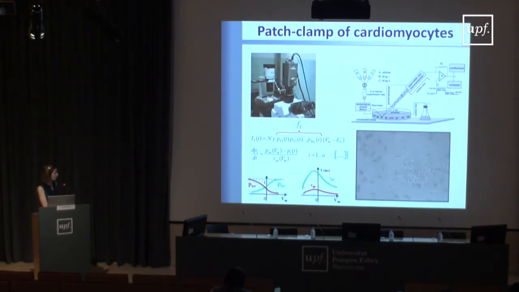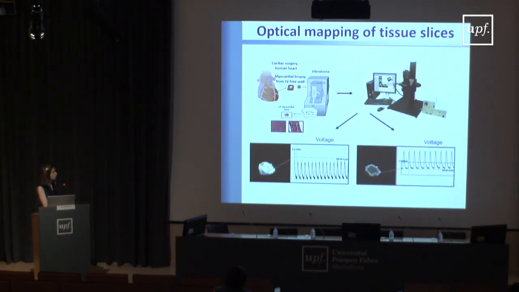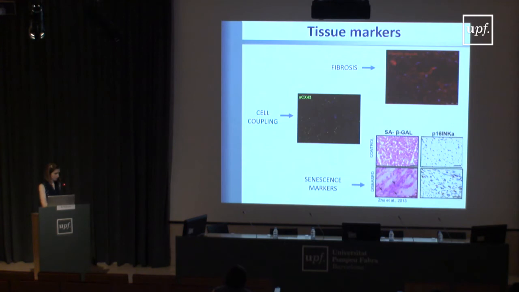Well, here's an example of how the patch clamp technique can be used on these myocytes isolated from the tissues to characterize the currents and eventually also to characterize the action potential. And in the tissues, what we do is to cut the biopsy into these fine myocardial slices, which we can see here, and we simultaneously measure voltage here and calcium, which is not shown here. And these are 2 very small tissue slices that we get from the patients, from the biopsies, and how we can measure the voltage in different points throughout the slice.